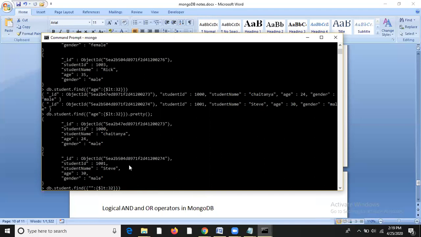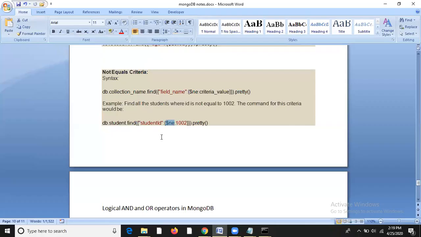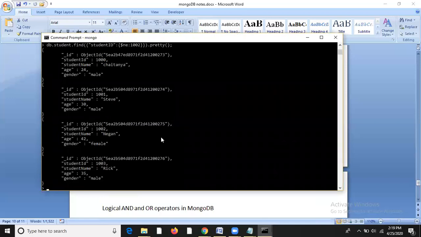id, sorry, student id, dollar, here I will write ne, should not be equal to 1002. Again I will use the pretty command so that it will be very readable for us. Now as you can see, there are total